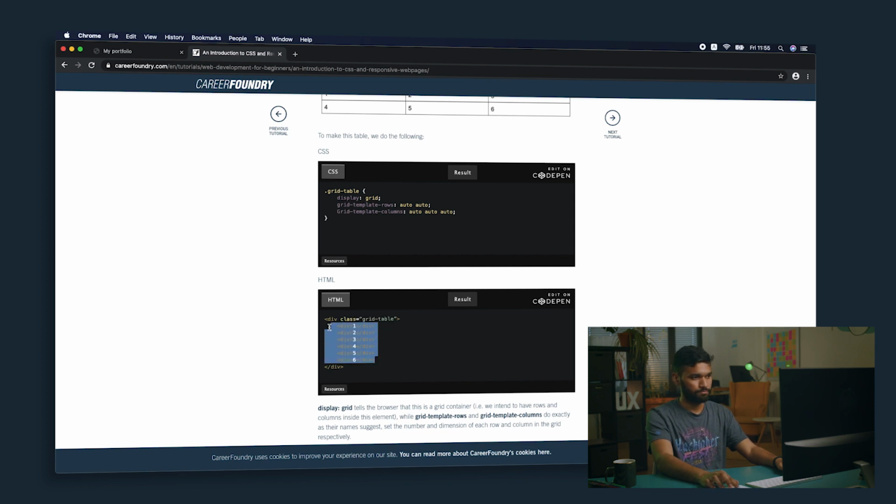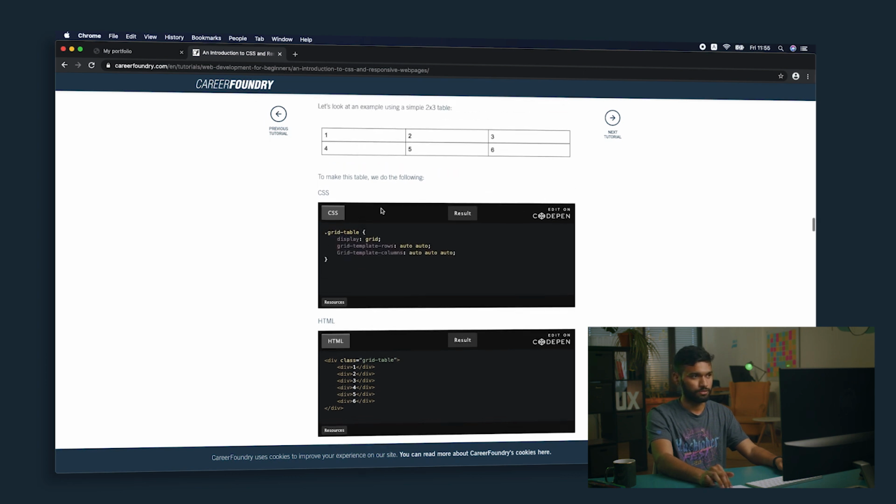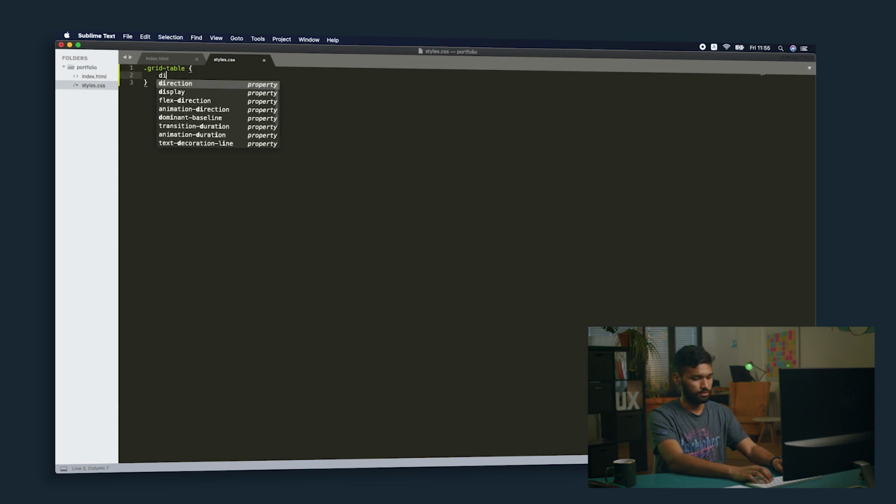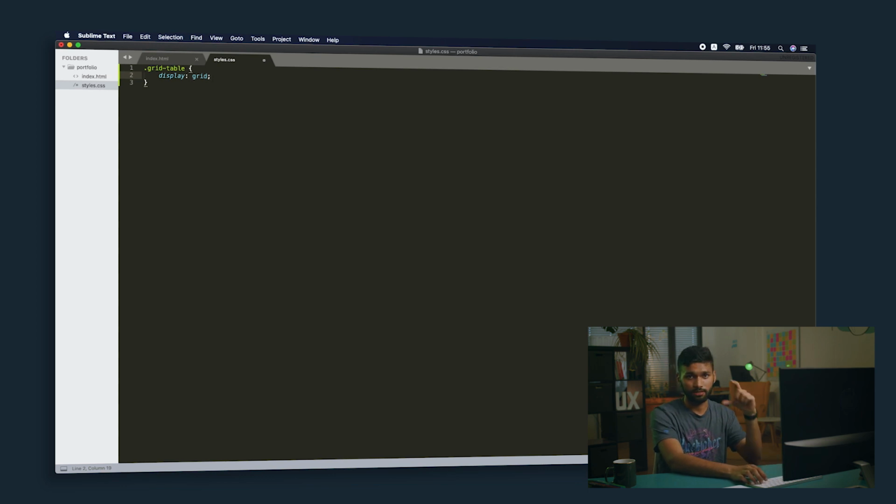And then we have some nested divs inside of the div with just the numbers 1, 2, 3, 4, 5, 6, just for an example. And let's see how we can create this structure here, this grid that we have in this image here. So what we do is we have grid table, we select it using the class selector in CSS, open parentheses, and then you write display grid, which tells the browser that this div is going to be a grid div,